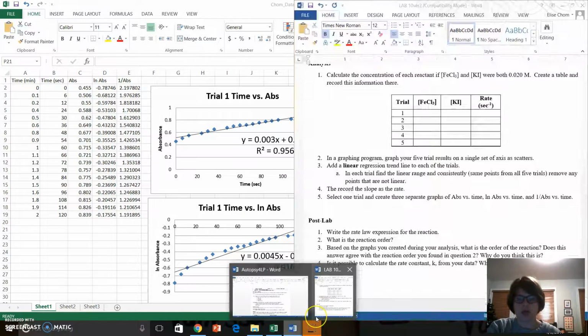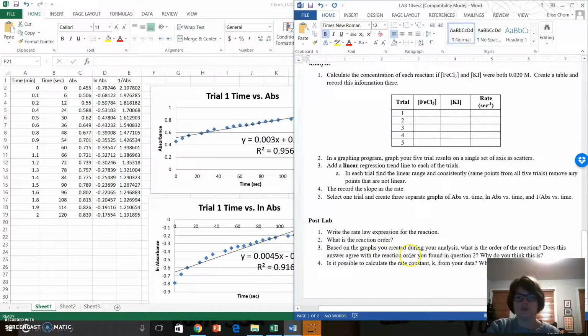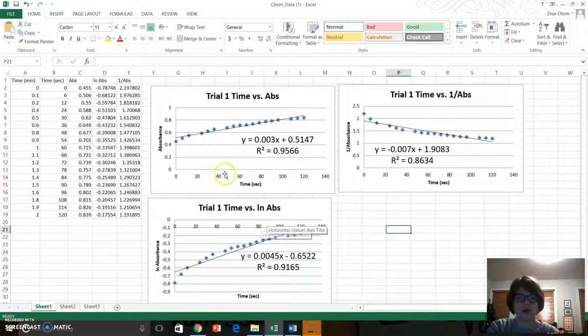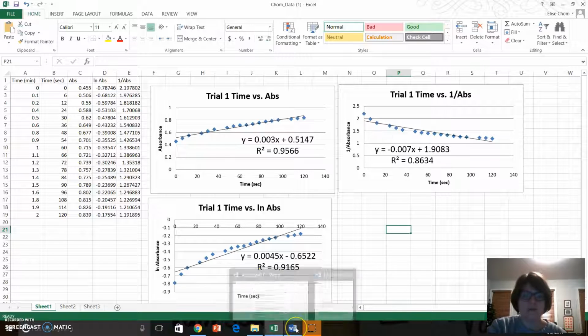Looking at number 3, based on these graphs, does the rate order match what you found? Okay, so yes, these are mainly linear, but are they linear in the right way? Okay,